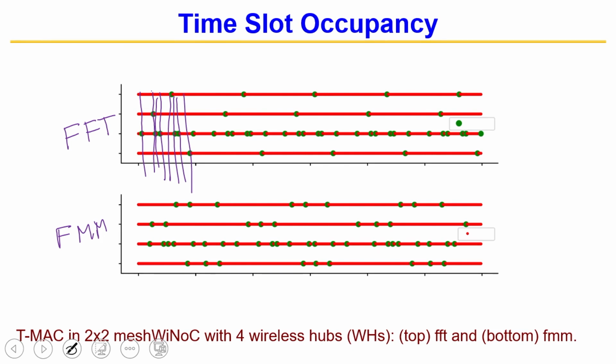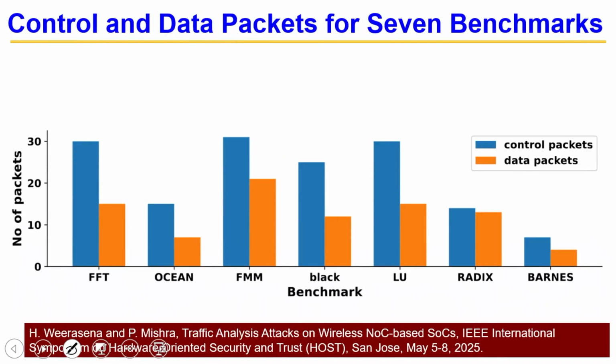So, based on the token, ideally even this one is not supposed to align with this. This line is also not supposed to align with this, even for the second benchmark if they are running simultaneously. If not, then it does not matter, but this is basically time slot occupancy, whenever a wireless hub is getting a chance to communicate the data with another wireless one. So, basically TDMA you are looking at.